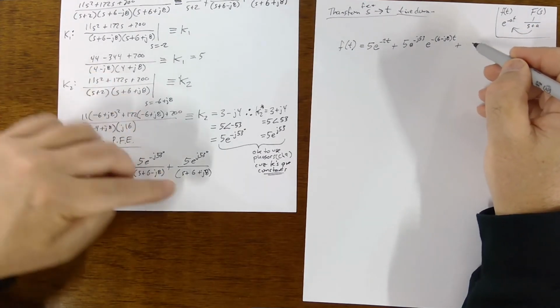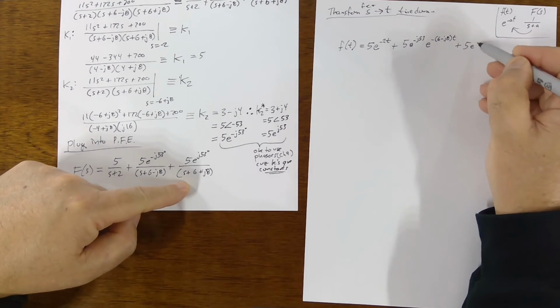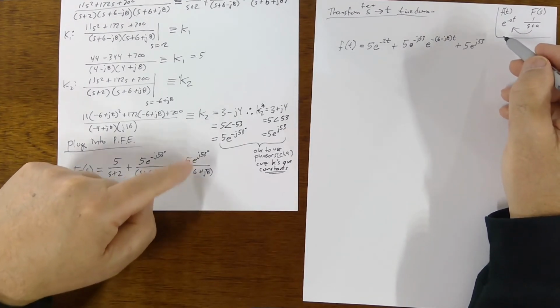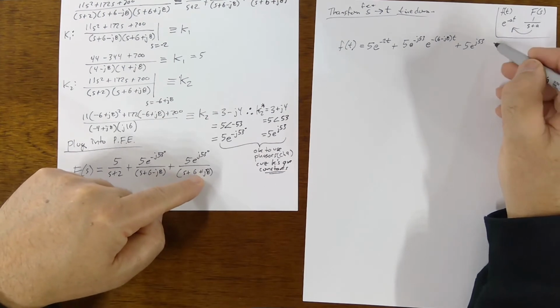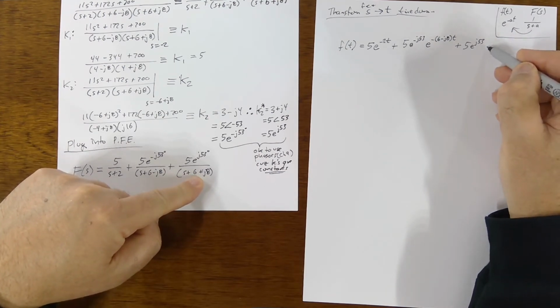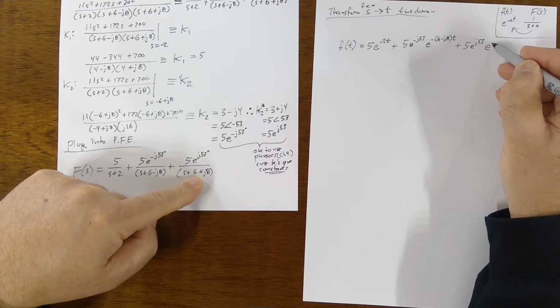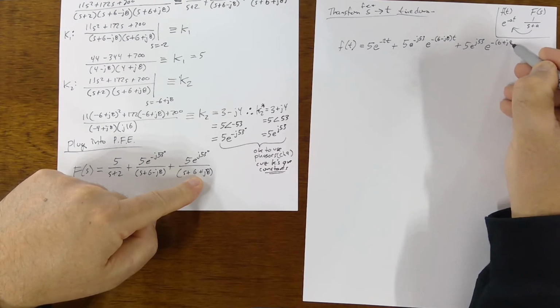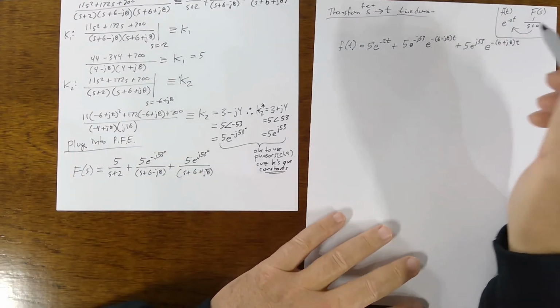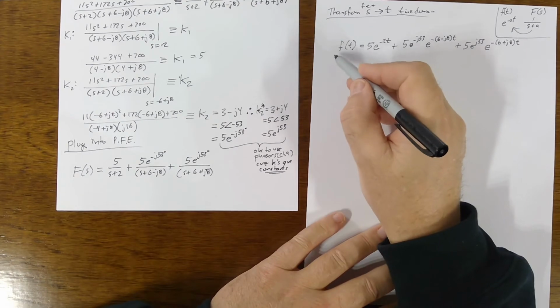Do that to the second term. Factor out the constant e to the minus j53 positive. Then you're left with 1 over s plus 6 plus j8 when you apply this rule to that. And you get e to the minus at, where a is 6 plus j8. Throw the t on there. That's it. So if you get through that and your brain's not hurting too much,